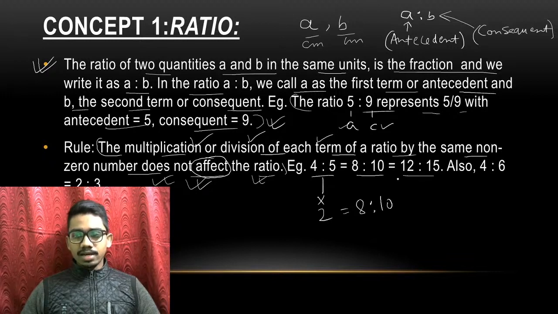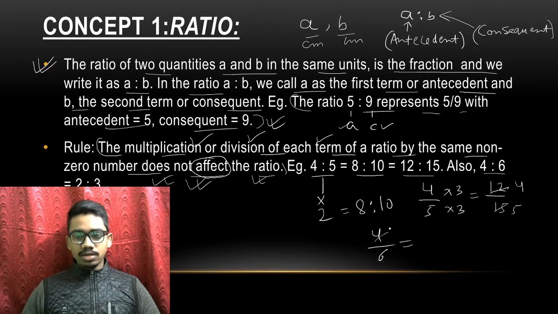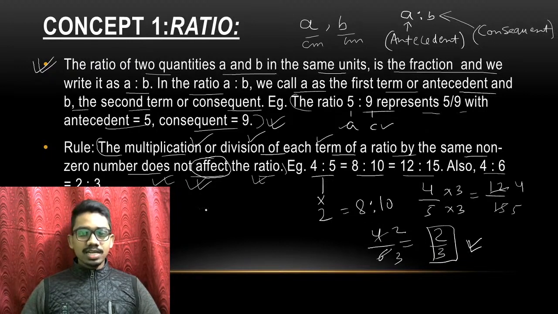You will get the same ratio. It does not get affected. Like you can multiply it by, suppose 4/5 is given over here, so I can multiply it by 3 and this one by 3. So what will be the ratio? It will be 12 by 15. Once I cancel it, 3 5s and 3 4s, 4 by 5 I will get. The same thing I will get. Also 4 by 6. See, 4 by 6 is written over here. If you simplify this, you will get 2 2s are 4 and 2 3s are 6. So you will get 2 by 3 over here. I hope this thing is clear. So ये सारी चीजें clear है. I hope. So here 2 by 3 is written. Alright.